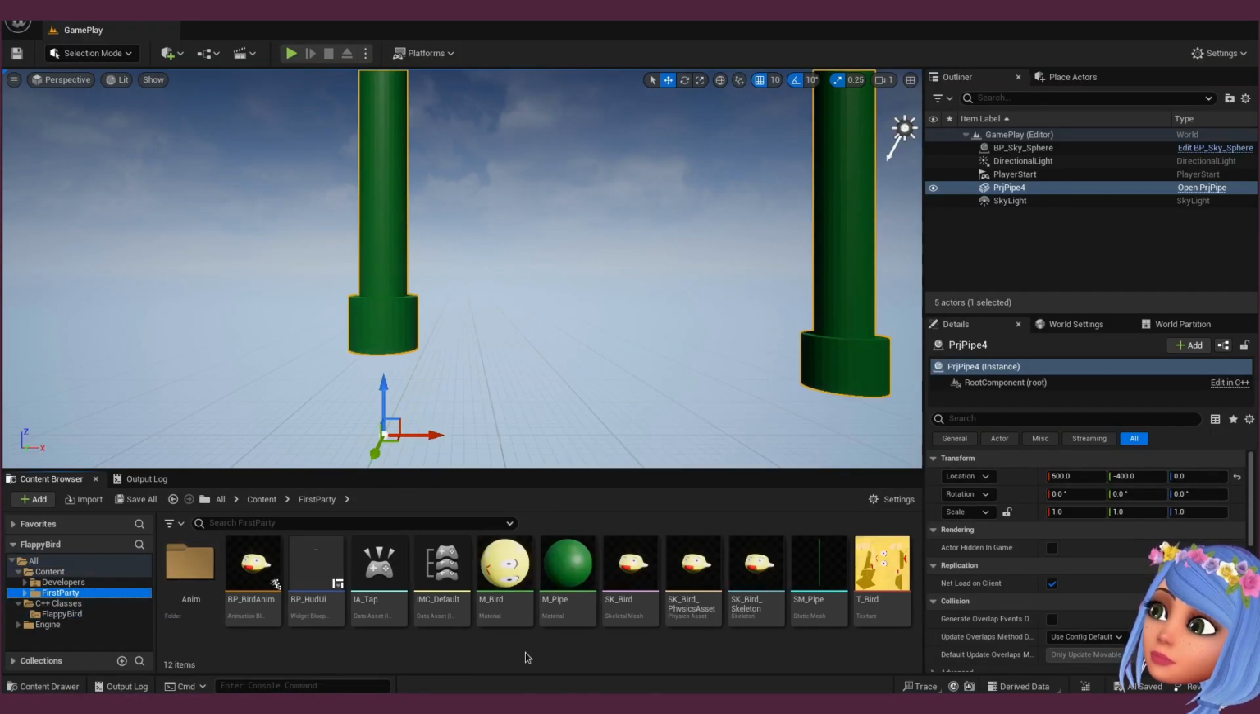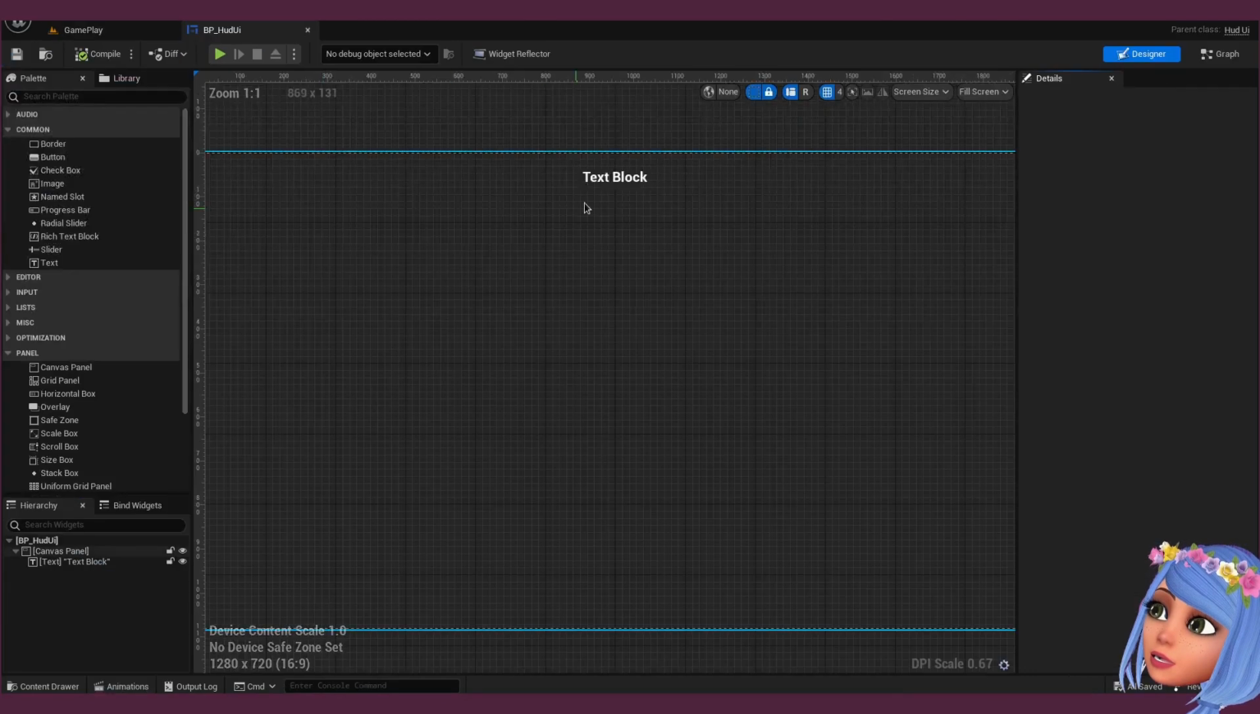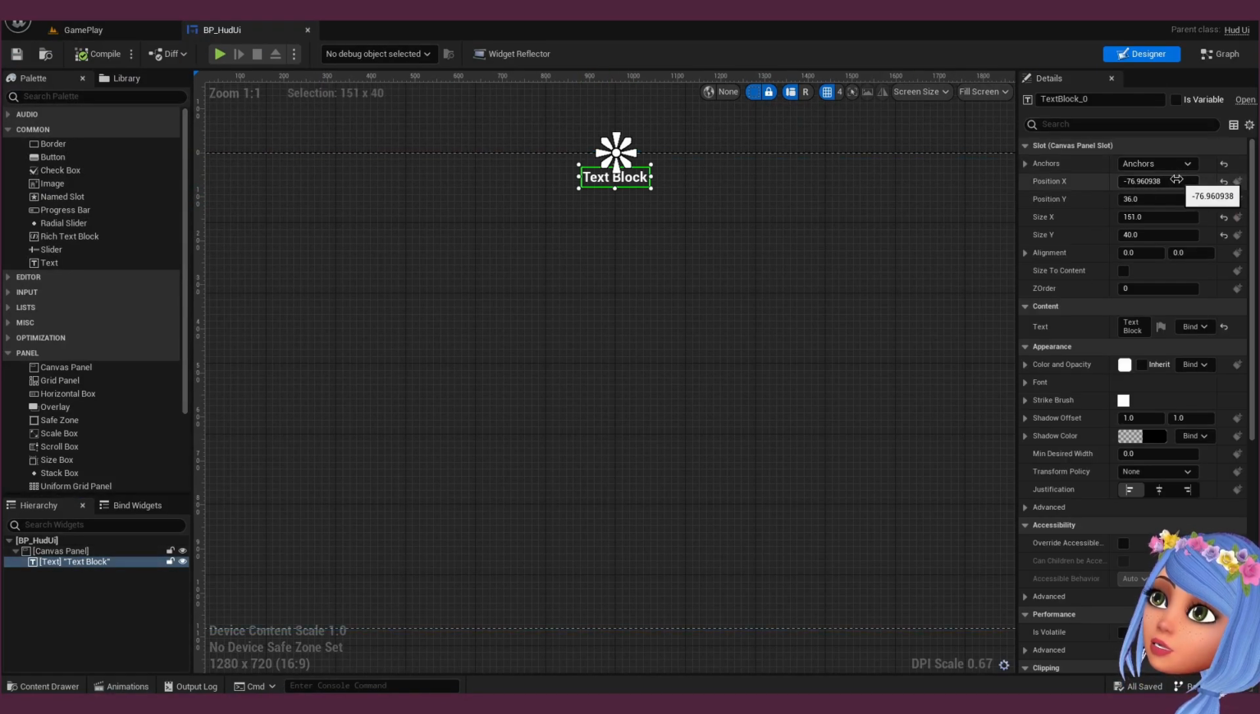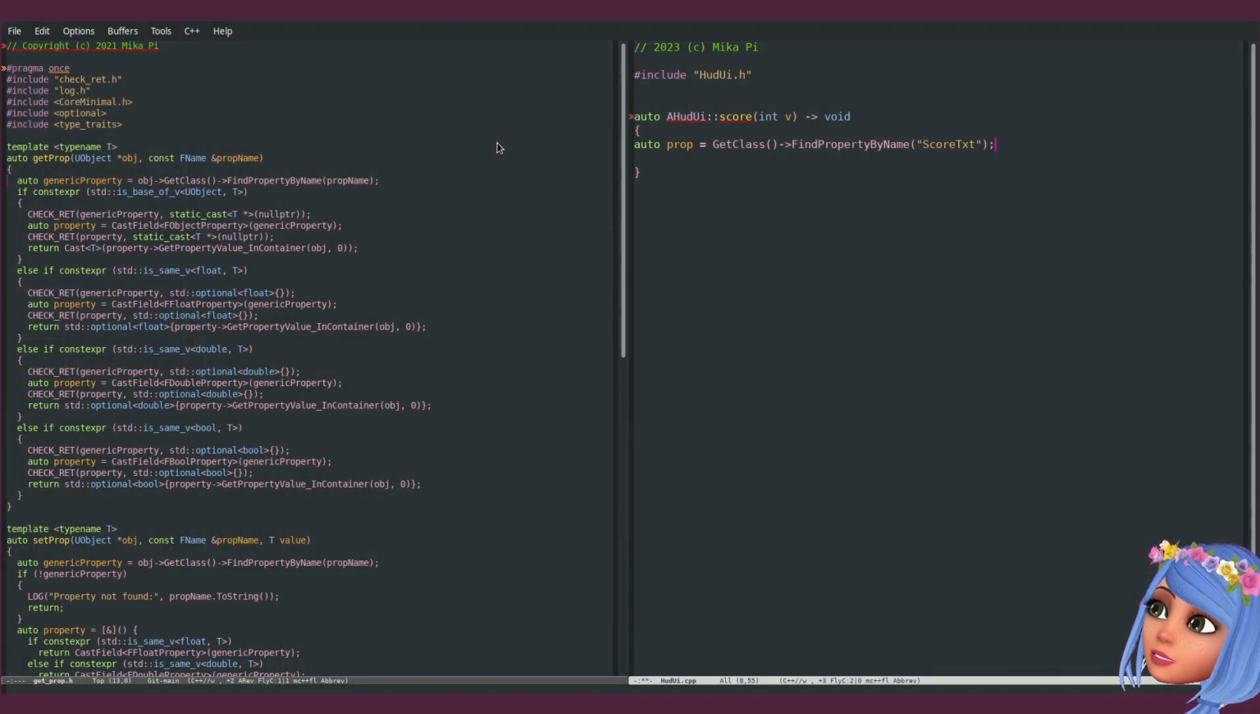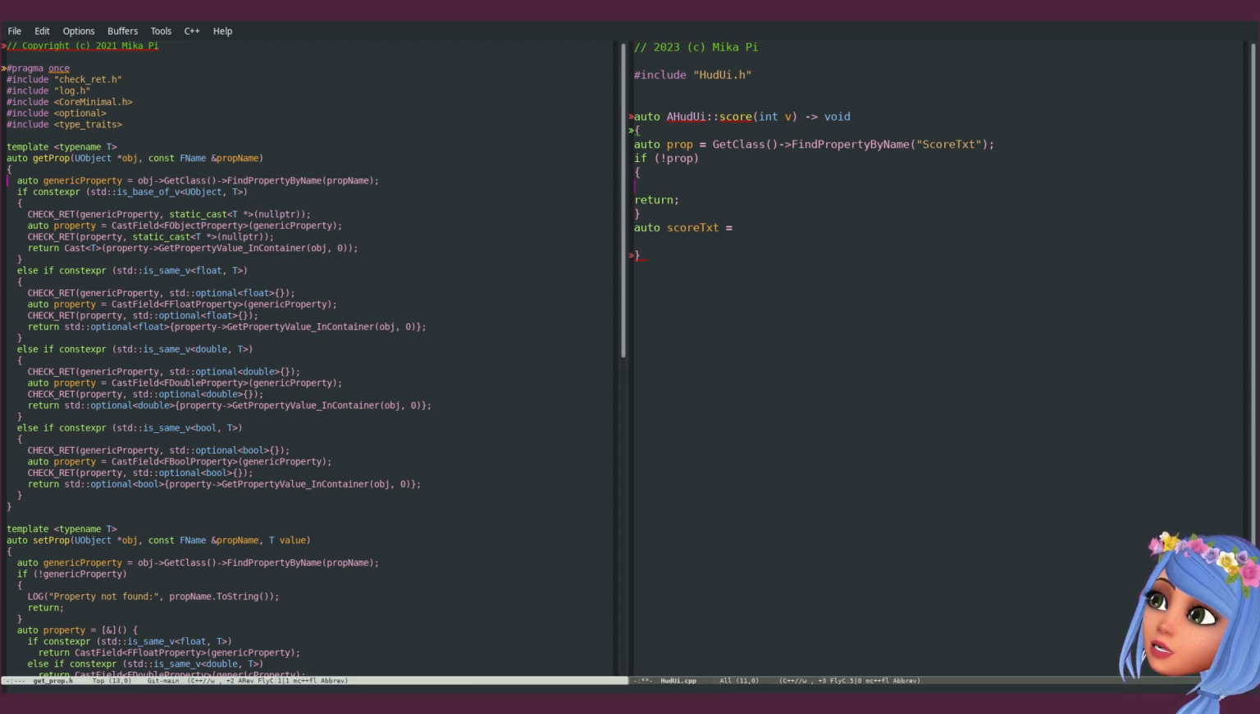Let's give a name to the property. So we have text block, and let's call it score txt. So we've got the property, and it's kind of a generic property, and then we can convert it to score txt. First of all, we check if not property, so we just return here, and also we complain about stuff, and to complain